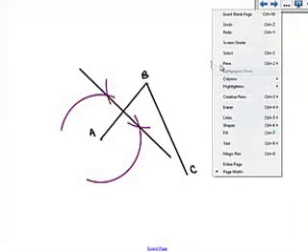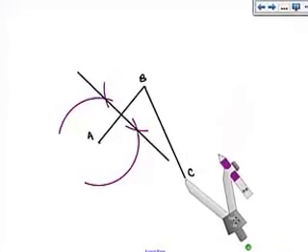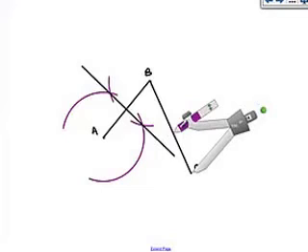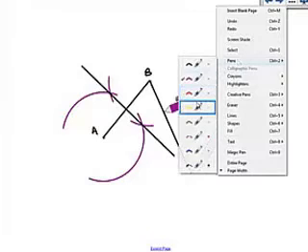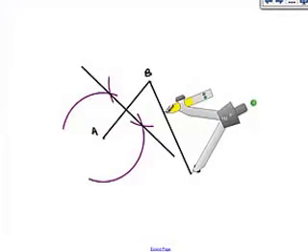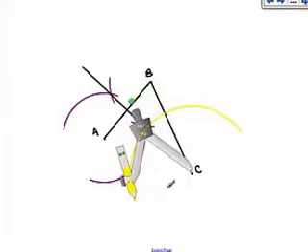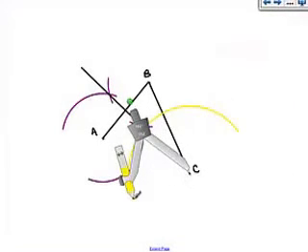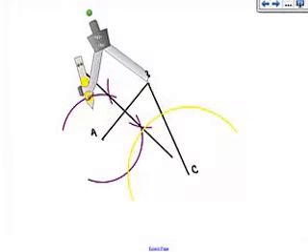So here we go. I'm going to go to my select, and I'm going to place my point here. I'm going to turn this, and notice, I'm not quite halfway. So I'm going to push this out a little bit till about, let's say, there. I'm going to change the color of my pen so we can see it a little easier. We'll go with yellow. And I'm going to do a line that goes like that. Okay? Now, without moving the distance between the point and the pen,